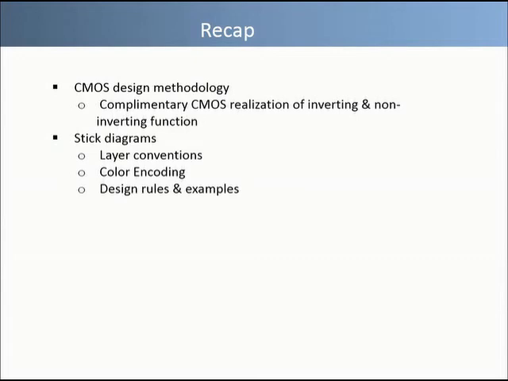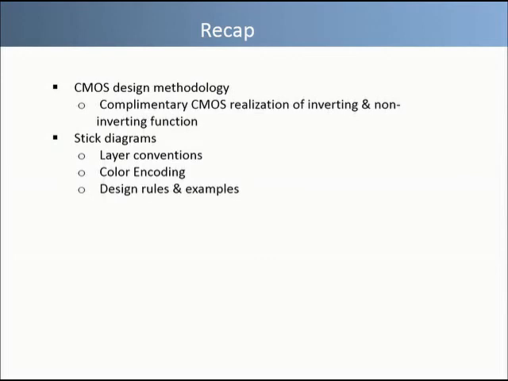In another video, we discussed stick diagrams, which are a part of layout planning process for analog as well as digital VLSI circuits. And there we saw conventions to represent different layers of actual layout in stick diagram, including the contacts as well as vias. And finally, a number of examples were also shown about how to design stick diagram of any given schematic of a Boolean function. Now in this video we shall talk about technological aspects of physical layout of VLSI circuit.